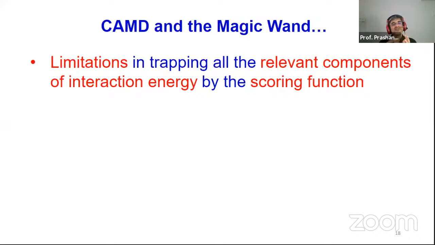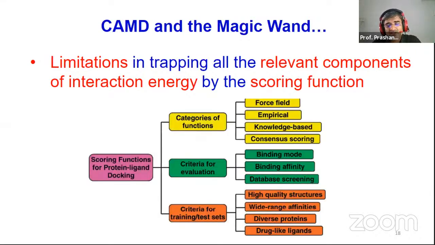Now those interactions essentially cannot be tapped or tracked by the scoring function, a mathematical function which tells how good one molecule is binding with the receptor and how good the other molecule is binding. So basically it generates some number, and those numbers may not actually represent all the components of binding, and that's where people use a variety of scoring functions. And this is just the overall process of doing that.